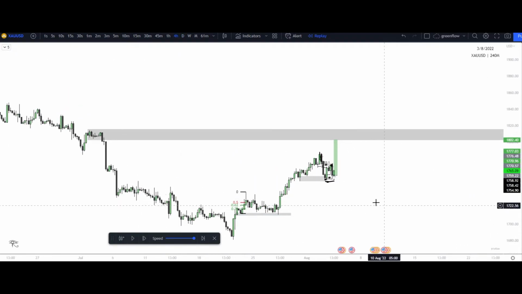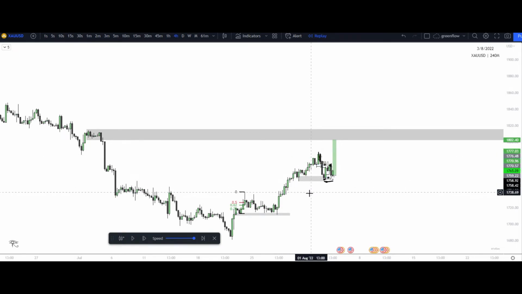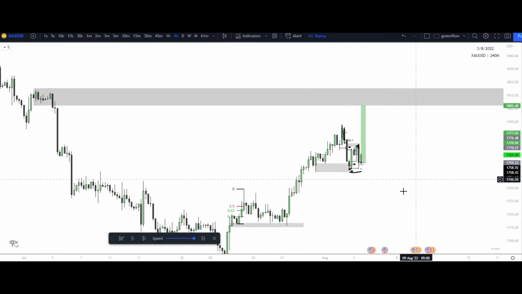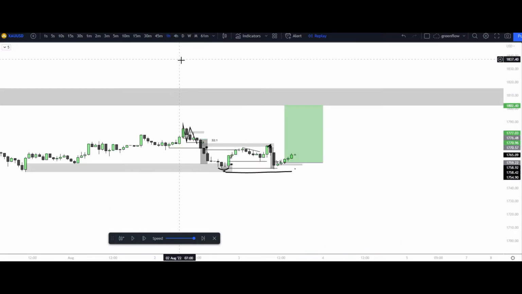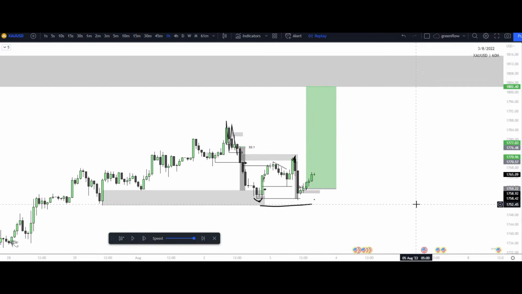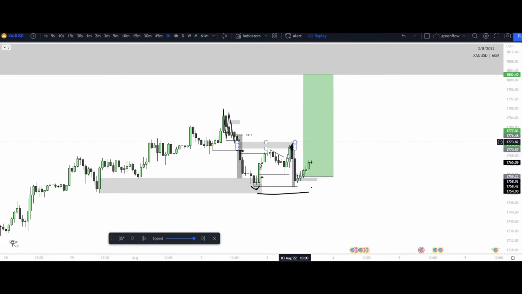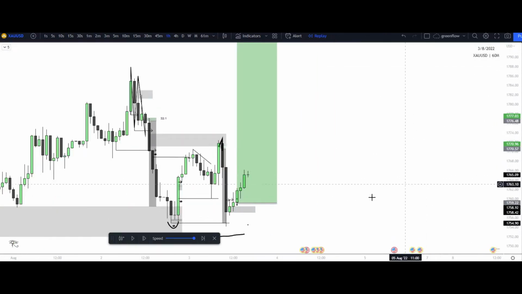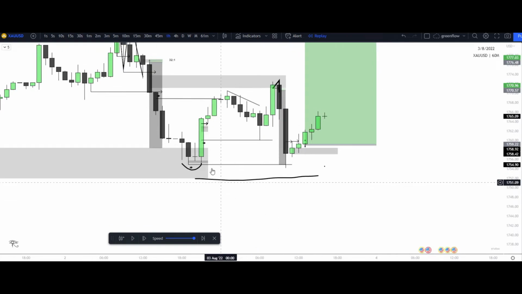Our 4-hour is still bullish from this low, right? That caused this high. We raided liquidity, broke structure to the upside. If we put in a higher low, which we did, then we'll see that continuation. Hourly break of structure to the upside right here, with this high broken first, this high broken second, and then we raid liquidity. Did we get a close with displacement underneath this low?